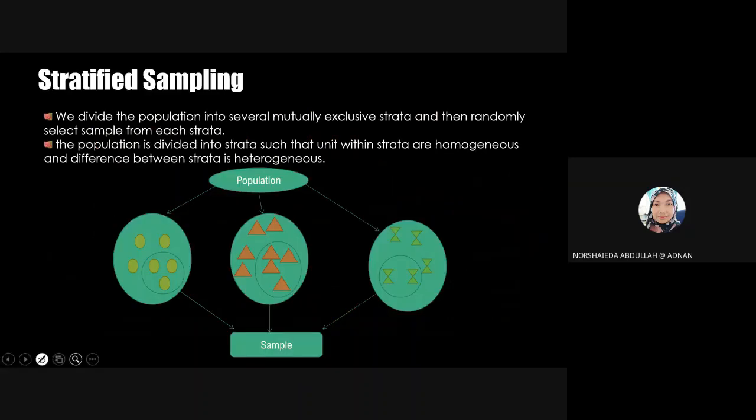So next method, stratified sampling. So macam saya cakap tadi,